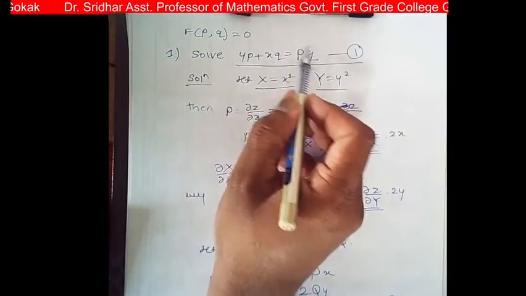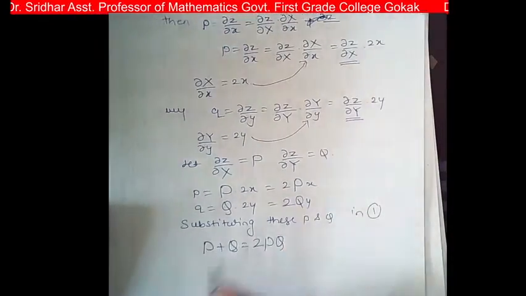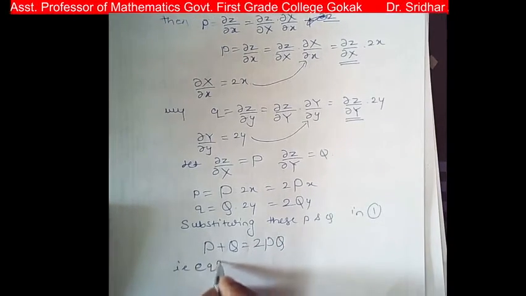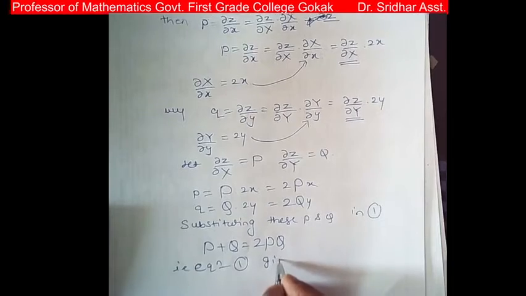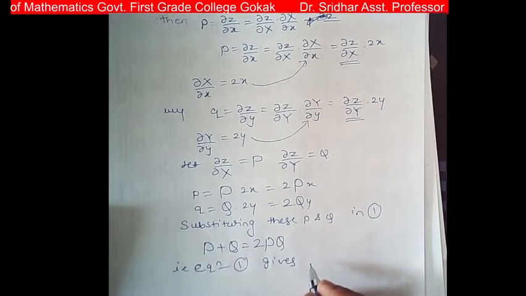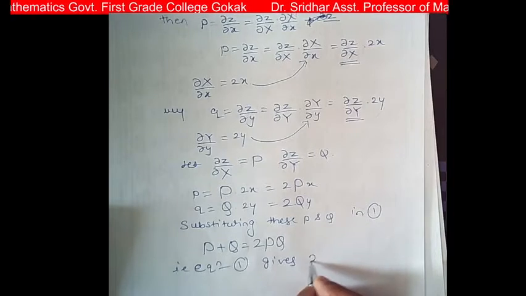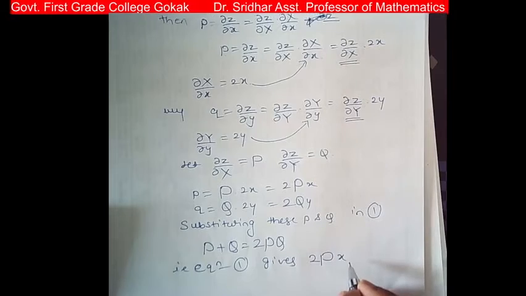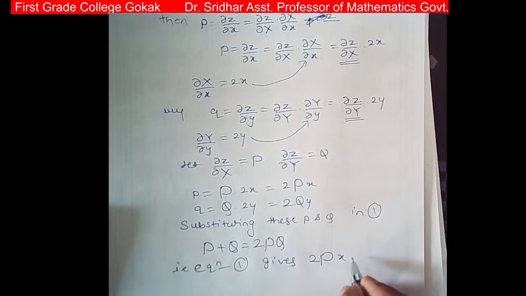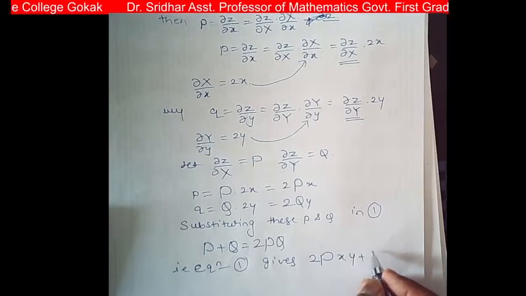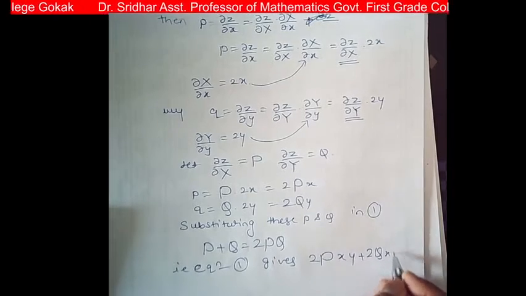So here P means 2Px, and equation 1 gives, in equation 1 we substitute, P means 2 capital P x, then y plus x q, q means 2q, again xy,